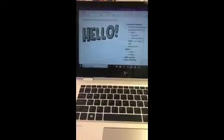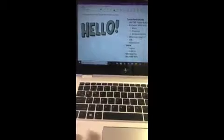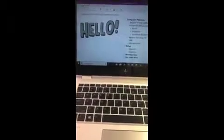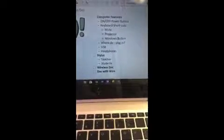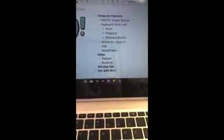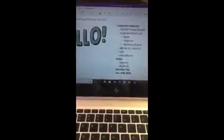Hi guys, so today we're gonna talk about some computer features with our new Mac computer. So we're gonna focus on a few areas: some computer features, our stylus, as well as our wireless dock and how to dock with a wire. So our first thing that we're going to look at is how do we even power on